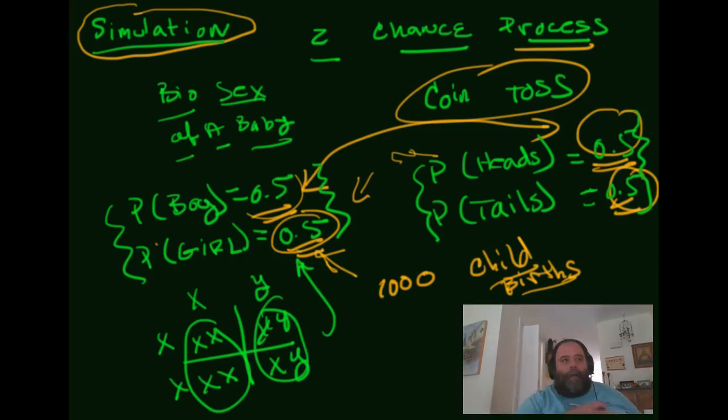Now, why is it a good idea going in one direction and not in the other? Usually, when you're doing a simulation or some sort of model, you want the chance process that you're using as the simulator to somehow have a lower cost than the one that you're simulating, right? So it makes sense to use a coin toss to simulate the result of a pregnancy. It does not make sense to use a pregnancy to simulate a coin toss, because the coin toss is a much lower cost reality. And usually we measure cost in terms of money or time or effort in some way, shape, or form.